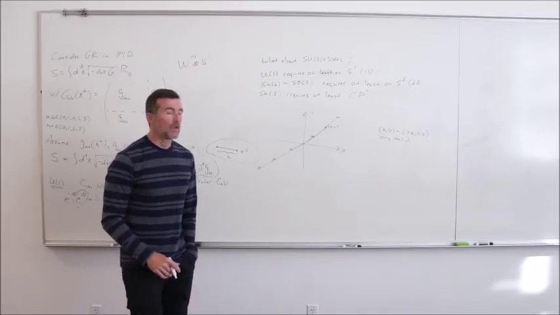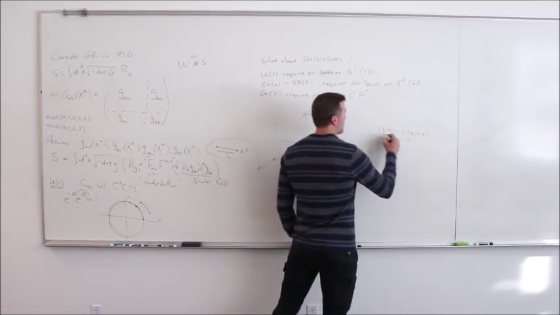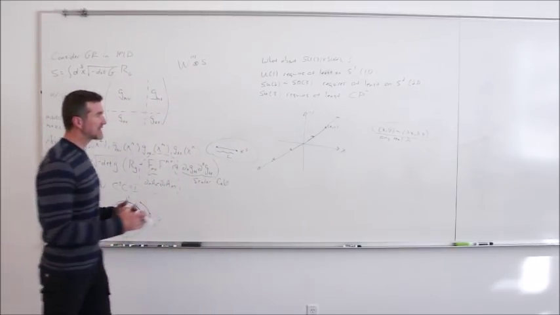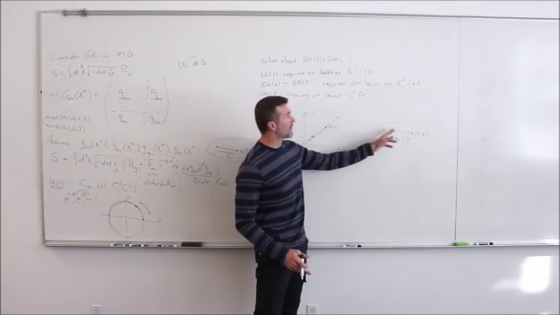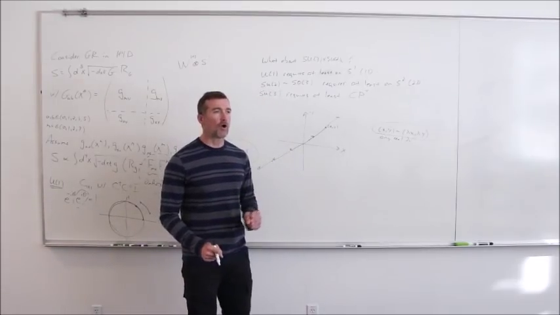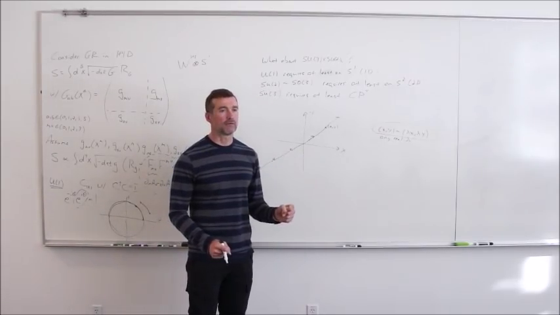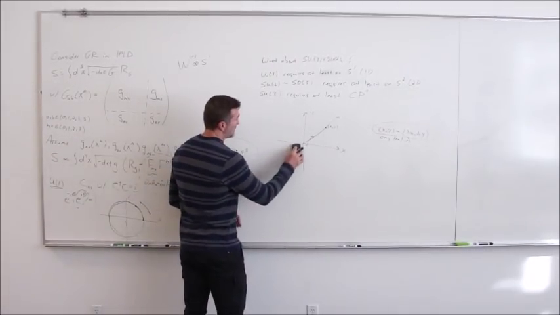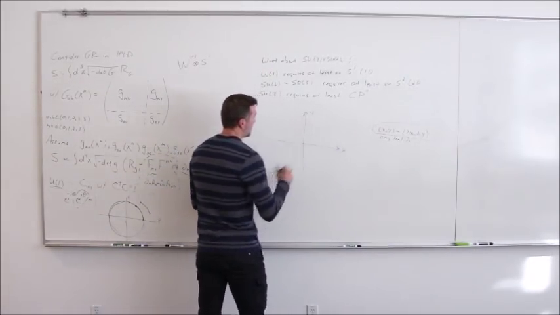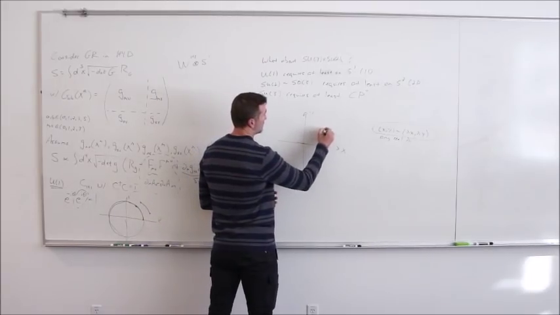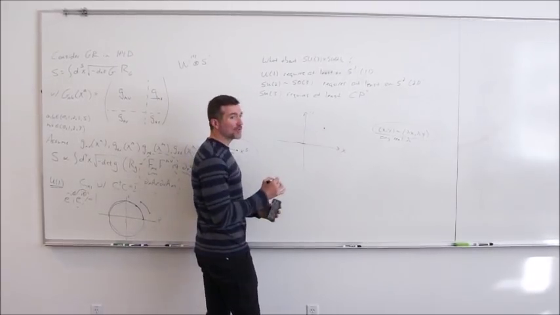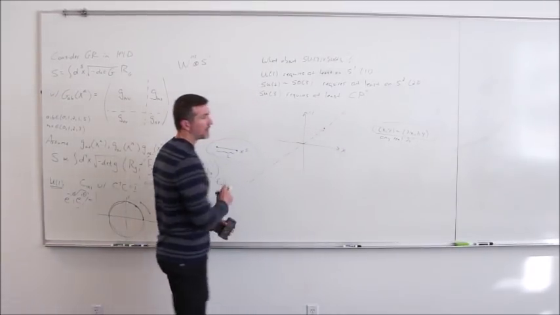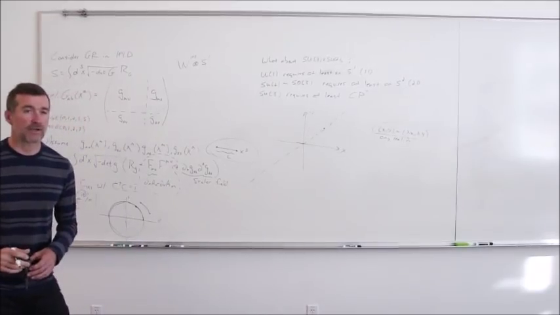Okay? So this is an example of an equivalence relation. And what I do with an equivalence relation is I say, all things that are related in this way, I am going to call the same thing. Okay? So what we have in mind is that if I pick a point, I am actually choosing the collection of all points along the line that goes from that point through the origin out the other side. Okay?